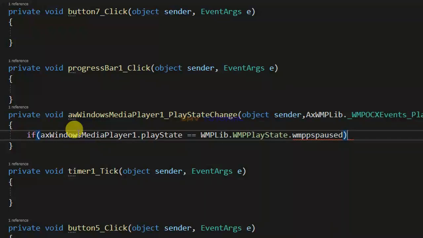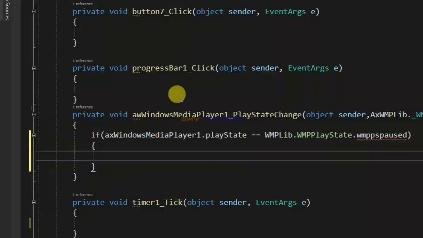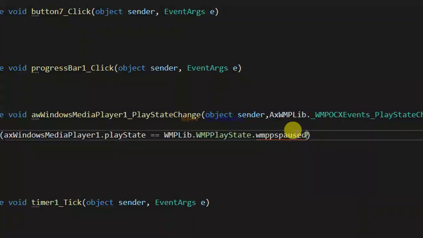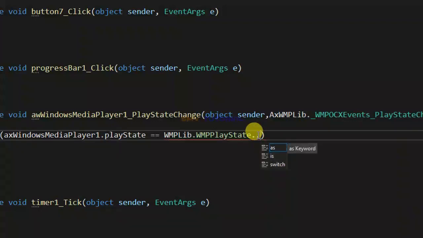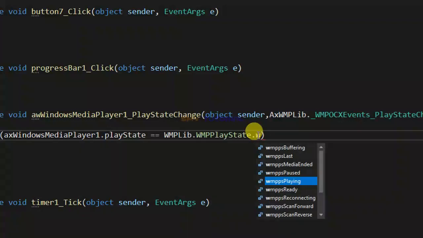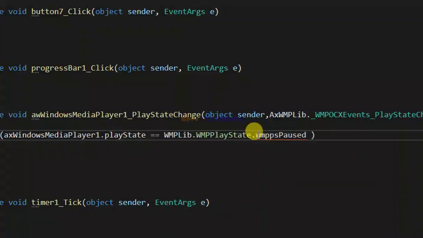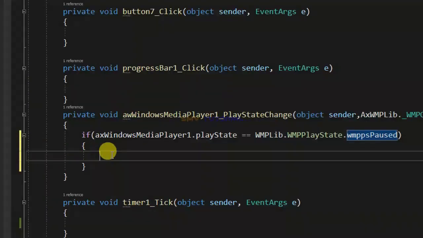and next open bracket and close bracket, and second I retype this code: WMPPSPaused. Using this paused, the initial is capital P, and next